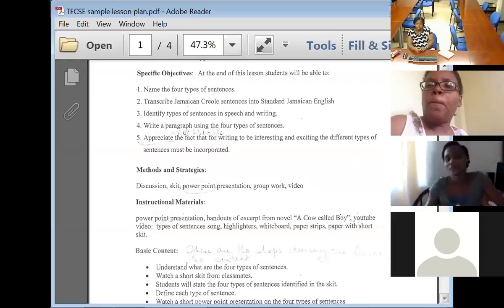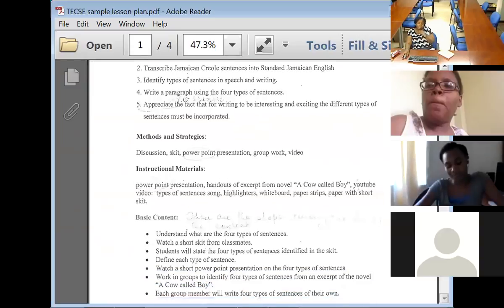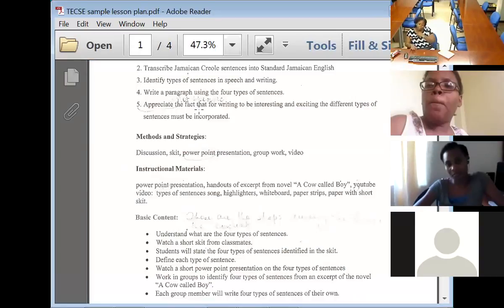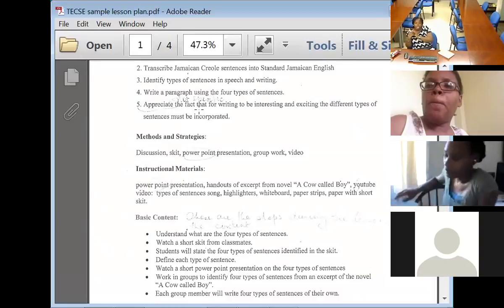Why? Because of appreciate, I don't think you can measure appreciate. Exactly, we cannot measure that, right? So this person said that they would use discussion, skit. If you look at the handout that I sent you, one of the verbs that they use for the affective could be respond, or you could say children should be able to respond to questioning, state their level of appreciation for writing